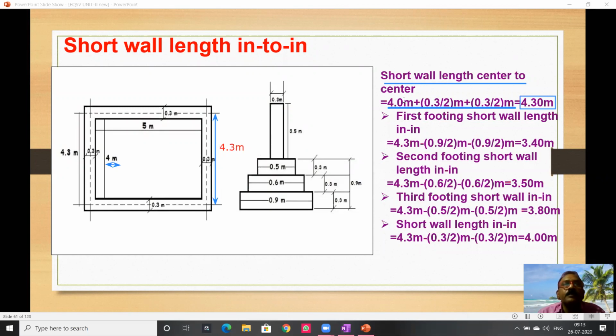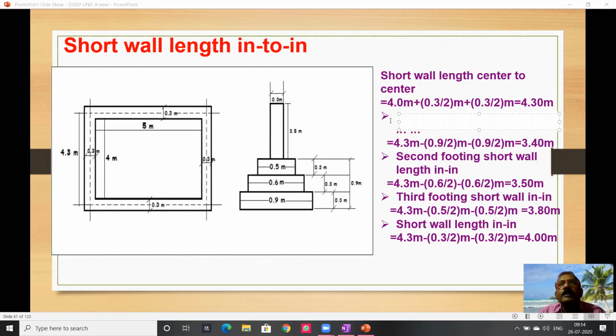This is the first step, the short wall length. Right? Next one is footing. Actually, as per a general problem, we have to calculate excavation first, but the area is not mentioned, no dimension is given, then the PCC bed, then we'll come up to the first footing. So here, how to calculate the first footing into n, right? This is our aim. How to calculate?